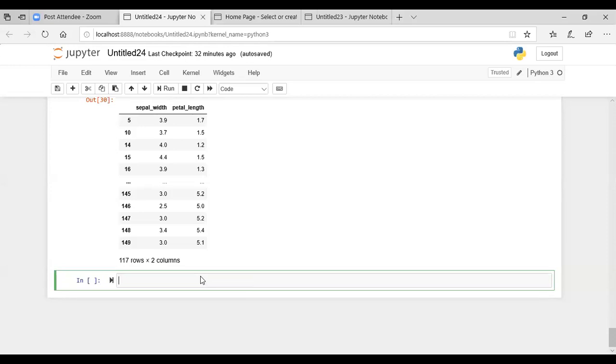You can change the value of sepal length just the way you use x of 3 equals 5. So in the array x, at the third index, the value would be 5. So this can be done here. But it's always suggested that you do not make any changes in the original data frame, in case you want to refer to it in future. So it's always better you make a copy of the data frame first and then work with the copy rather than with the original data frame.